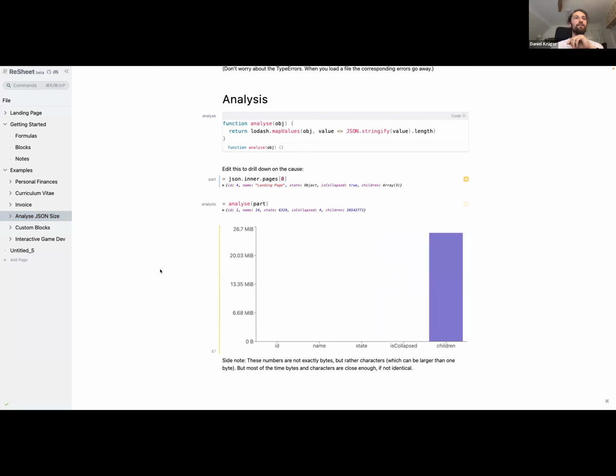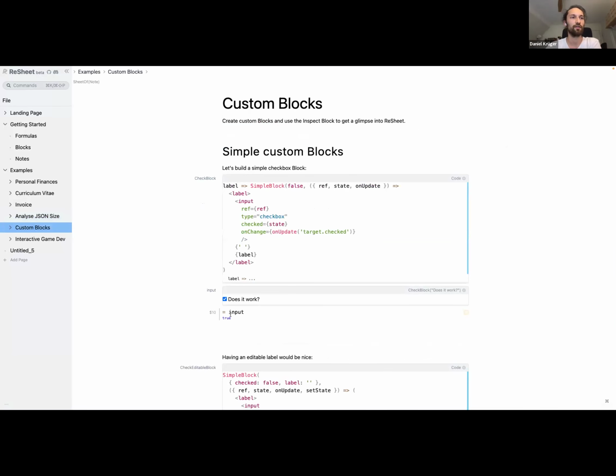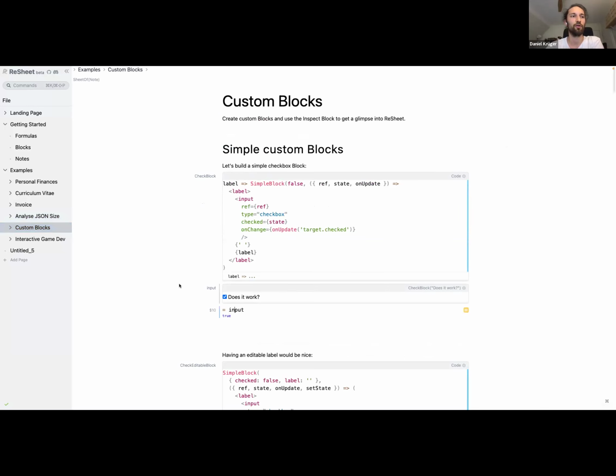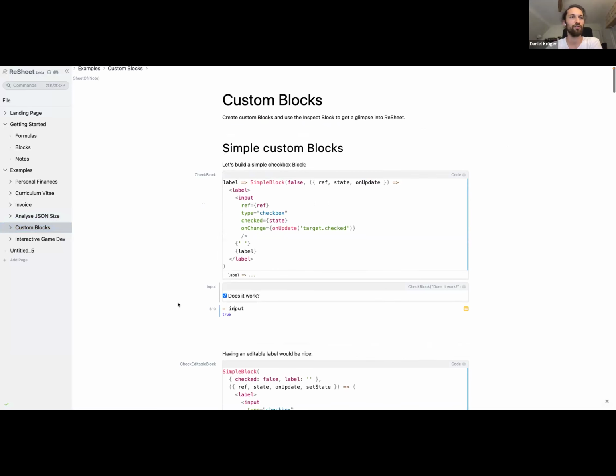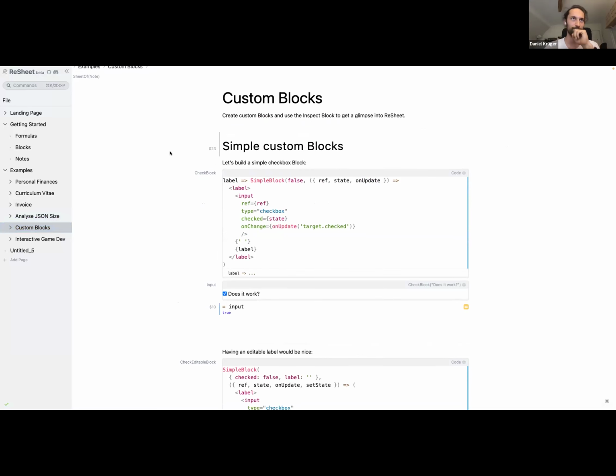That's the basic usage of resheet. And the more interesting stuff, I think, is you can build your own blocks in this. Here you're using blocks that are already part of resheet, like a node block.